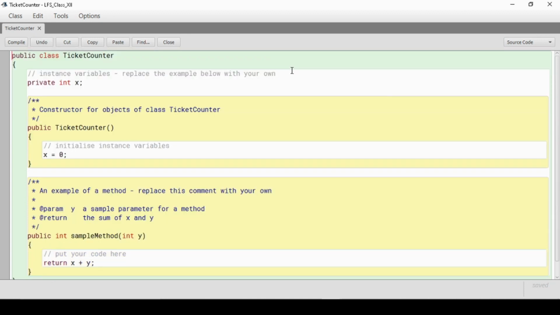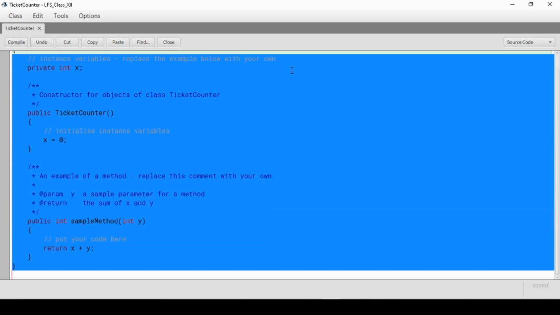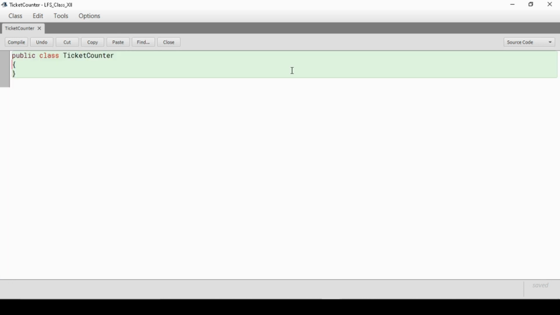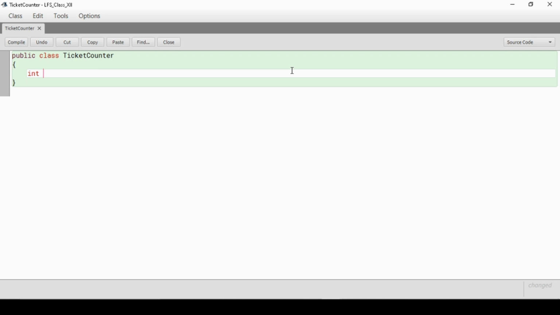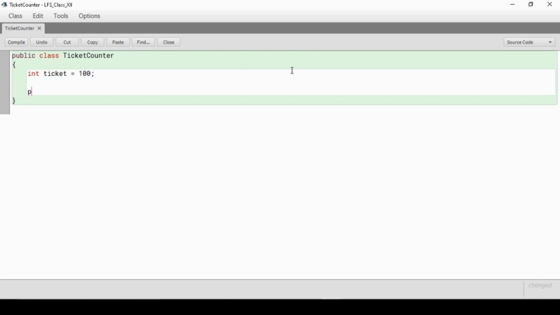Now this class will be used to sell tickets. There will be a total of 100 tickets which will be sold from different counters to different people. I am creating an integer data member ticket, and I am entering the total number of tickets, let it be 100, and I am creating a public void method sell, where I will accept the number of tickets.